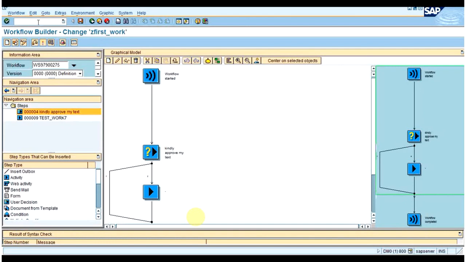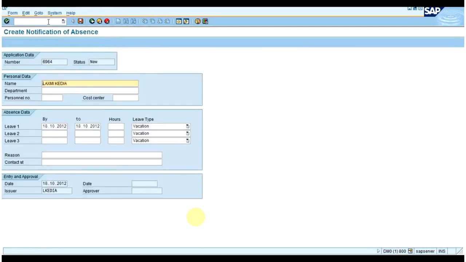Since I have not discussed this step type, you won't be able to create the whole workflow using these steps. In further classes, I will be discussing each step type so that you can use these small step types, design your workflow according to the requirement and execute it. You just make one assignment out of it. You create one material, and whenever it gets approved, only then should that material get saved in the database. Just make that.